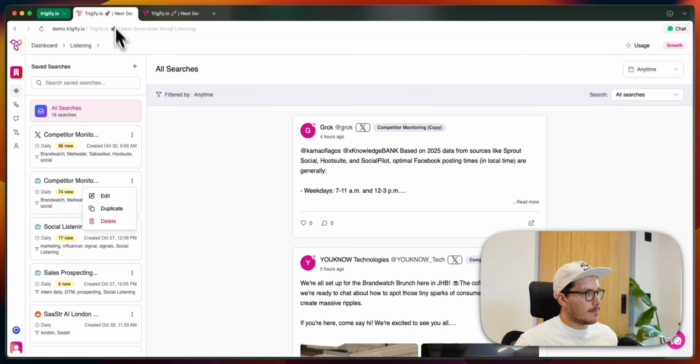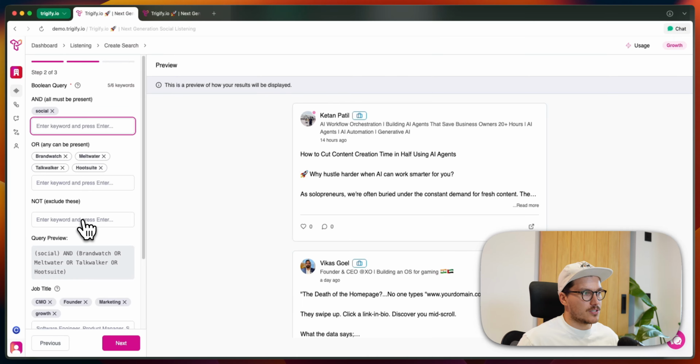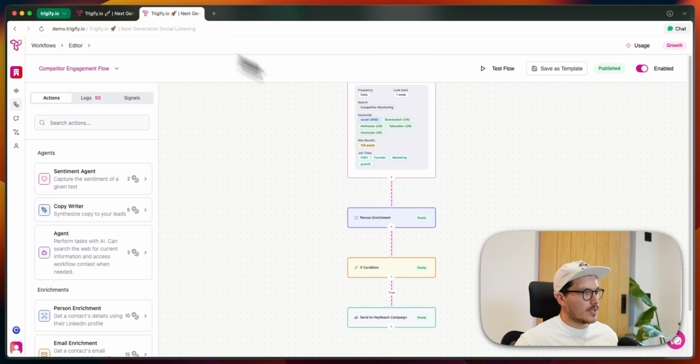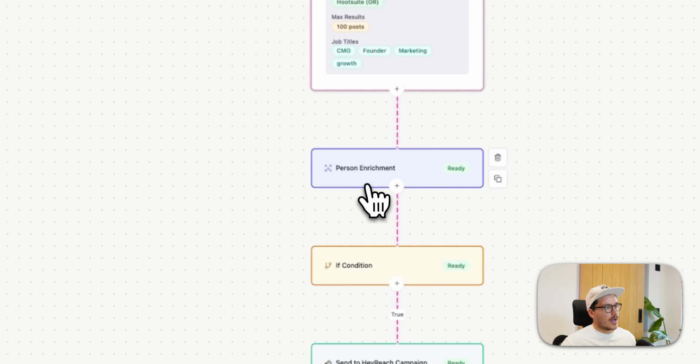But what I'm doing is I'm monitoring across the business network for any time our competitors are being mentioned. So we have here a few different social listening companies. And then what we're doing is we've set this up via the new post trigger. So you just need to then configure the saved search that you have from the social listening,